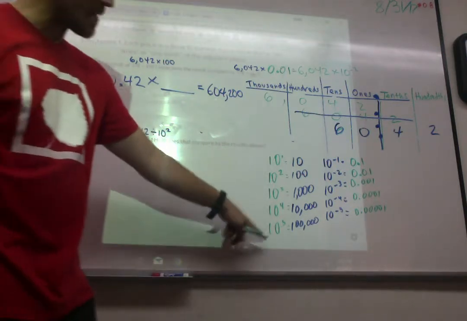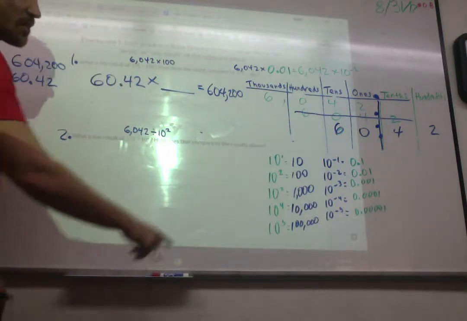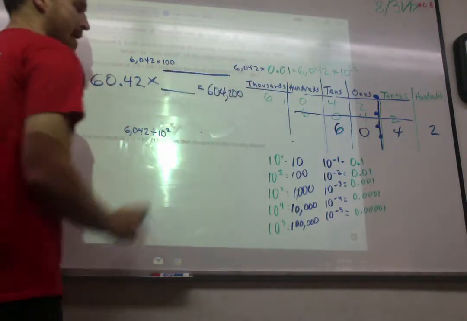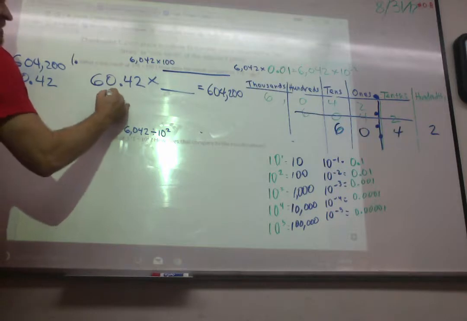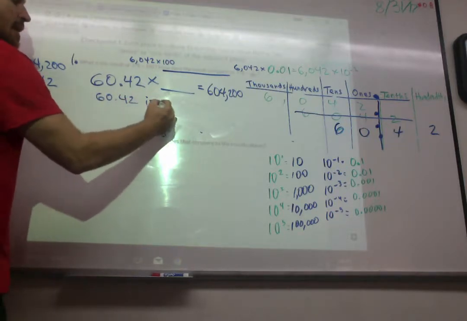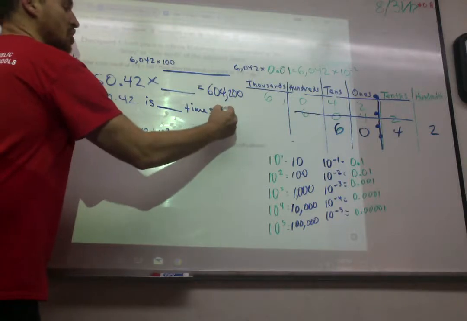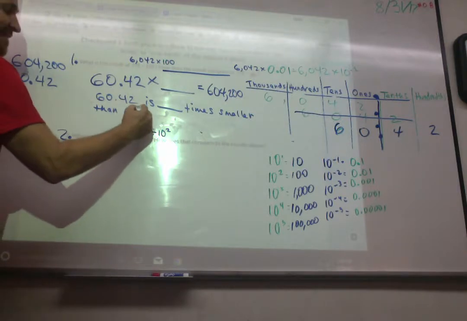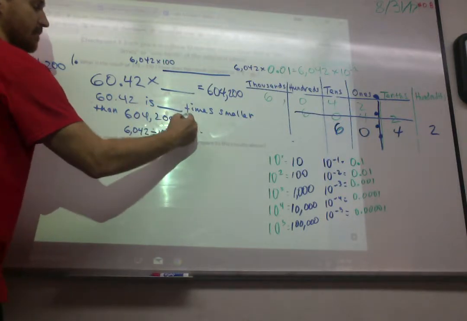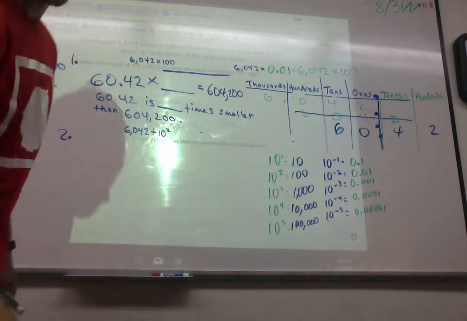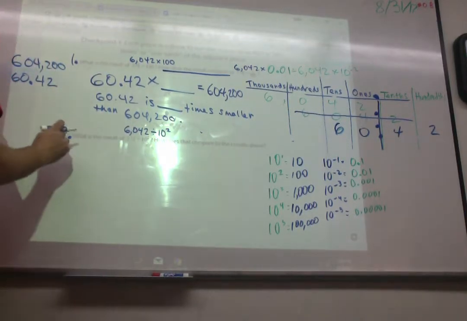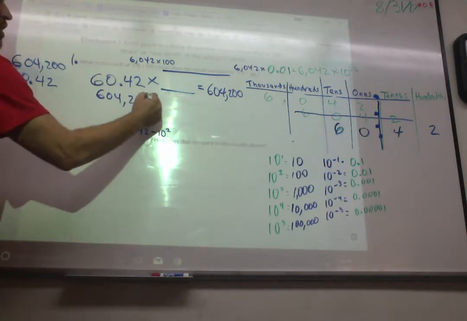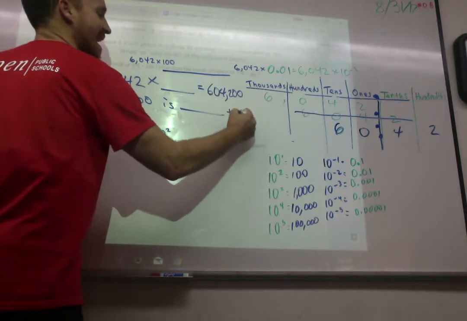It's a power of 10. You can think about a power of 10. You can play around with those numbers that you see down here. When it says, how does the result compare? You can say 60 and 42 hundredths is blank times smaller than 604,200. Or if you wanted to write about how much bigger that number was, 604,200 is blank times